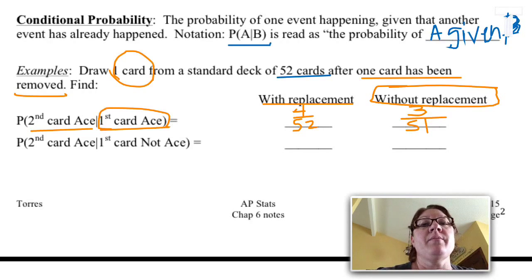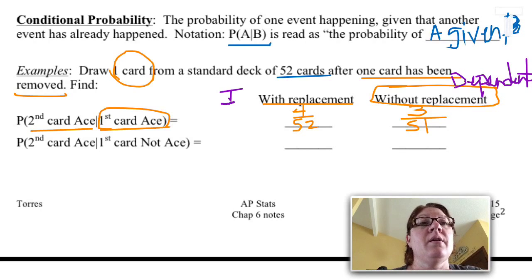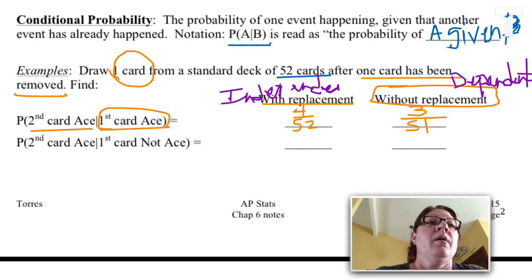If I say, what's the probability that the second card is an ace? It will say, well, Torres, if you're holding a card in your hand because you took that out, then I need to know what that card is. So it depends. It's dependent. We'll write that up here, dependent. Versus the first one is independent. It didn't matter what I drew because I put it back. Okay, so